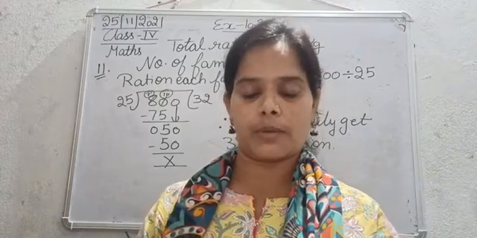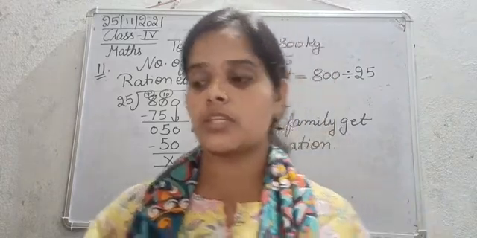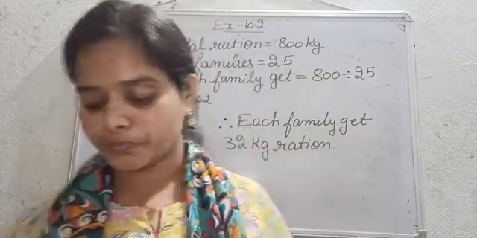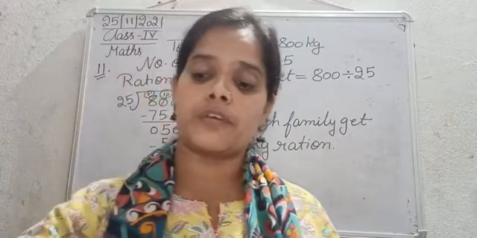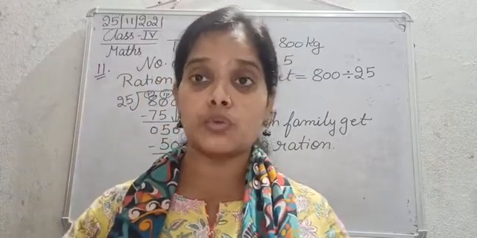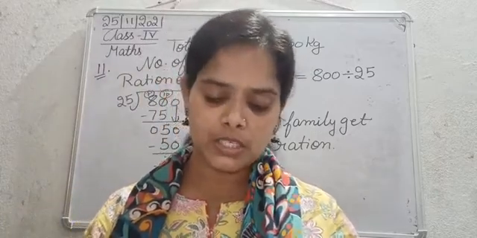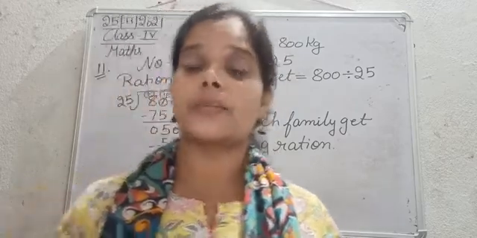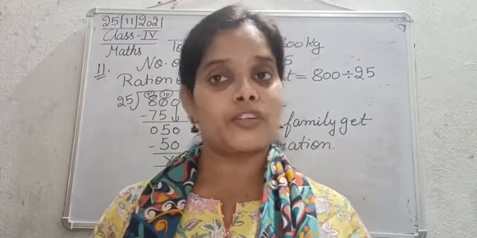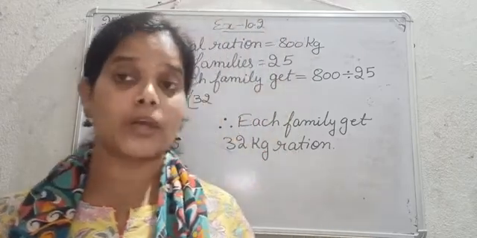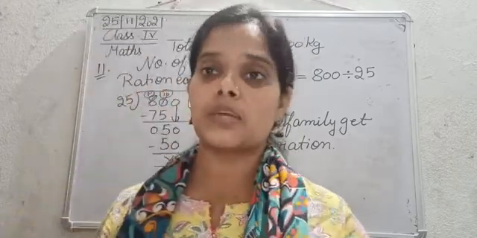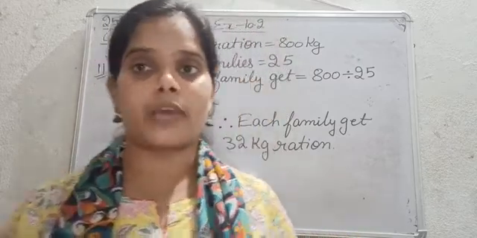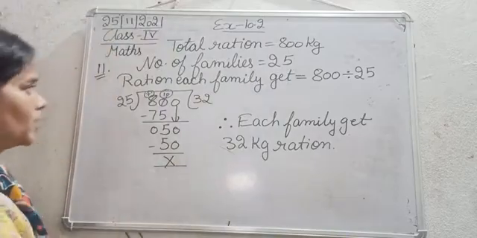Okay, so if you remember, when I was introducing the chapter on measurement of weight, at that time I told you there are three units that we basically use for measurement, that is measurement of weight, measurement of capacity, and the measurement of length. So measurement of weight we had already done, that was chapter number 10. Now we are starting with the measurement of capacity.